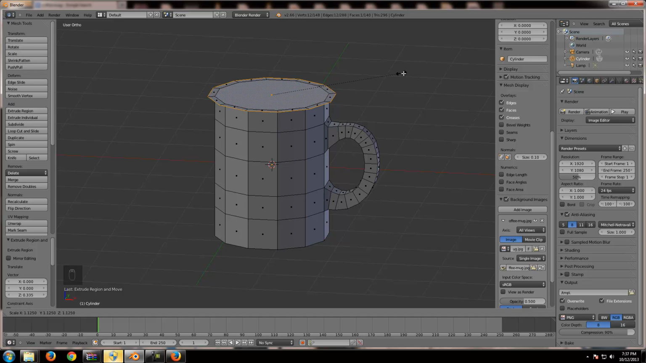So after I hit S for scale, this extruded face that I had created, I can move it in and out towards the face to make it smaller or bigger, and it's really up to you as to how thick you want the top rim of the mug. So once it looks as thick as you want it to be, just left click to finalize the scale. And with this inner face selected, now we just need to extrude it downwards to create the inside of the